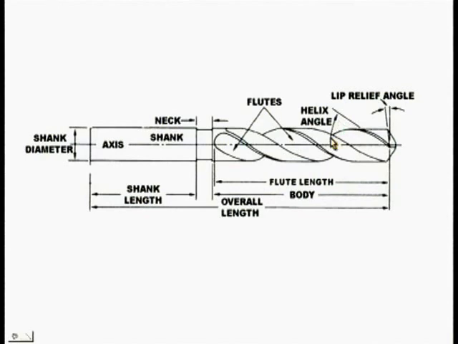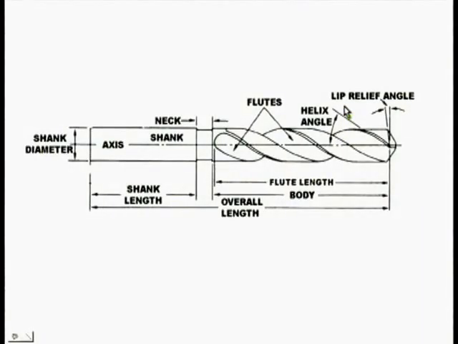The shank here is a straight shank, and tapered shanks are also there in some cases. So this is the actual diameter of the shank as well as the drill bit. Now you see the helix angle. The flute is in the form of a helix. The helical angle subtended with reference to the axis of the drill is called the helix angle, and this helix angle is varied. It depends upon the chip formation and various other parameters of the machining. And the other thing is the lip relief angle, which we will be studying.